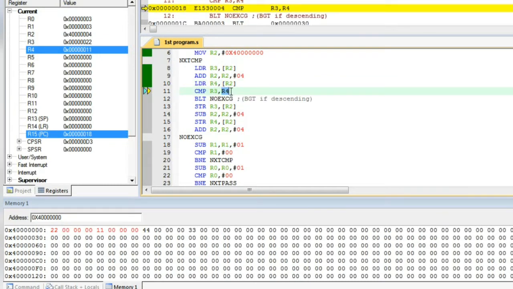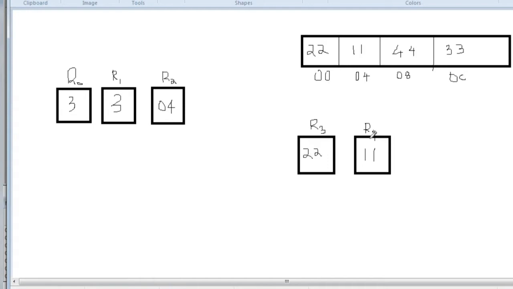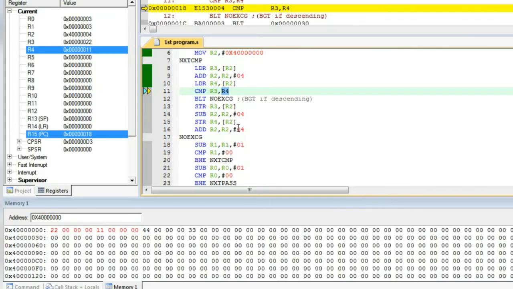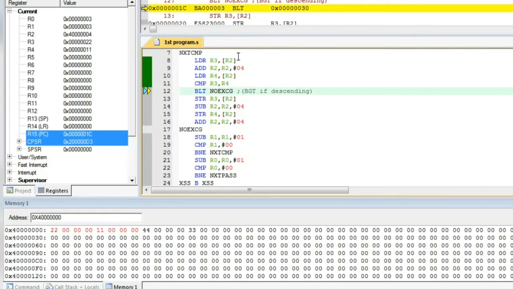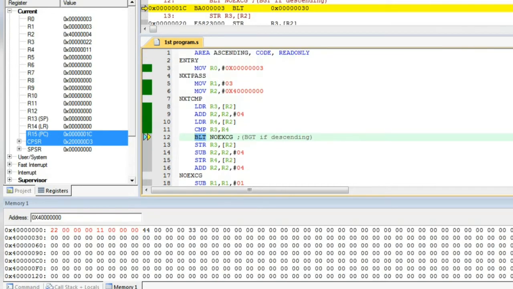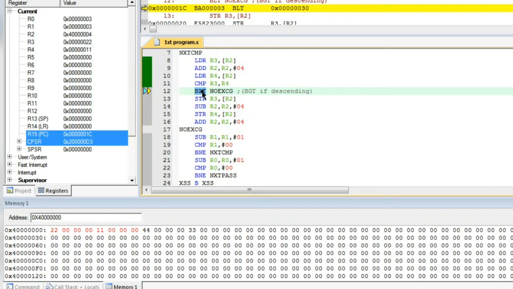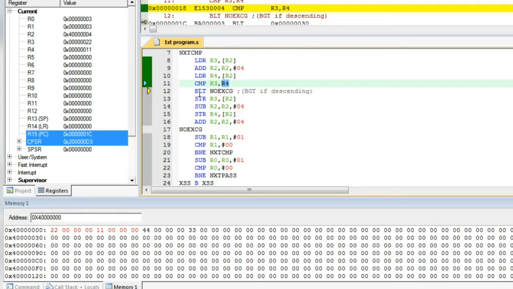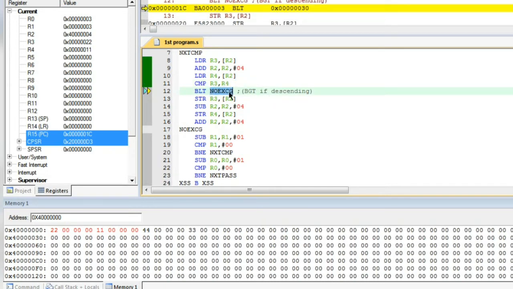What's the next statement? Compare r3 and r4. So r3 and r4 will be compared, these two numbers. Then what's the next code? BLT. Since we are doing ascending, we have to write BLT. BLT means branch if lower than. If R3 is lower than R4, at that time we will branch to no EXCG.